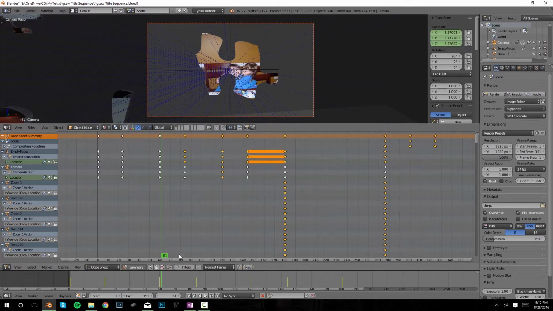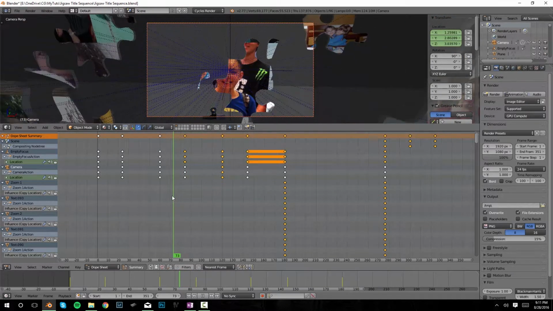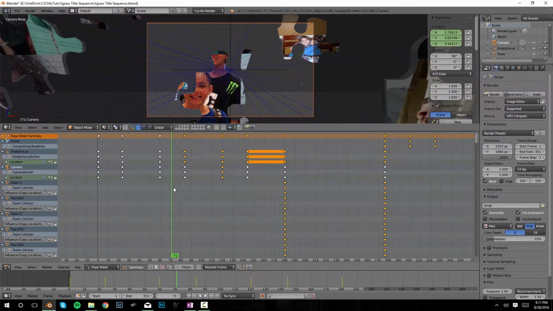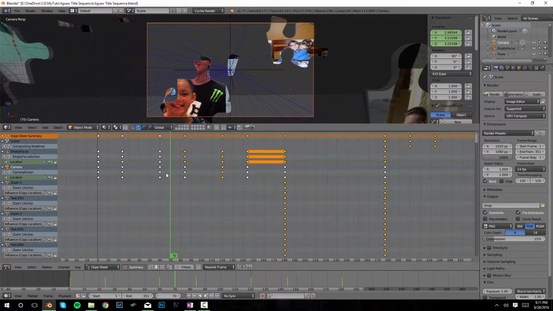Let's see, at 60, we leave zoom 1, and at 84, we take 1 second to fly over to zoom 2. Now let's say we wanted to change that. We wanted to take 2 seconds, or let's say 1.5 seconds. Then the only thing I need to do is move my current frame slider between the 2 points, and here I have plenty of room, so somewhere between 60 and 84,